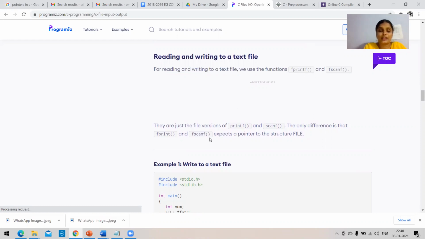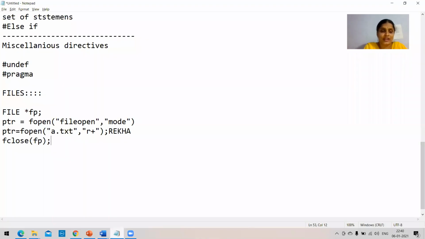So fprintf, we have to write onto the file. Now I'm opening my file. Here I have opened my file. Now I have to write onto the notepad from my program. I am writing in the C editor, so from the C editor I have to write onto my notepad. So I have to write the contents. For writing the contents, what will I be using? fprintf,